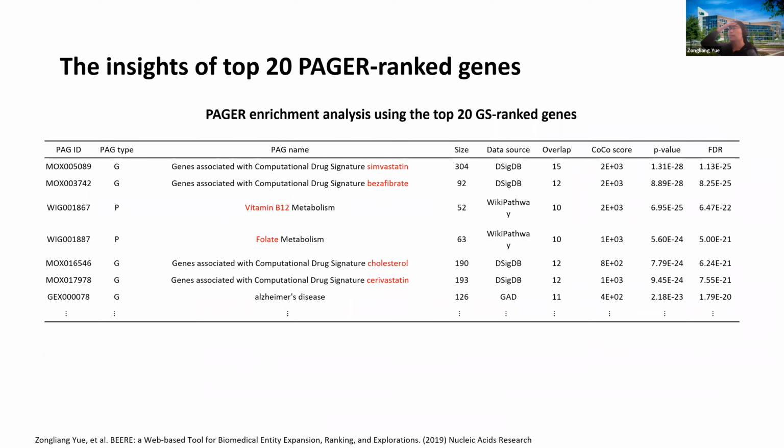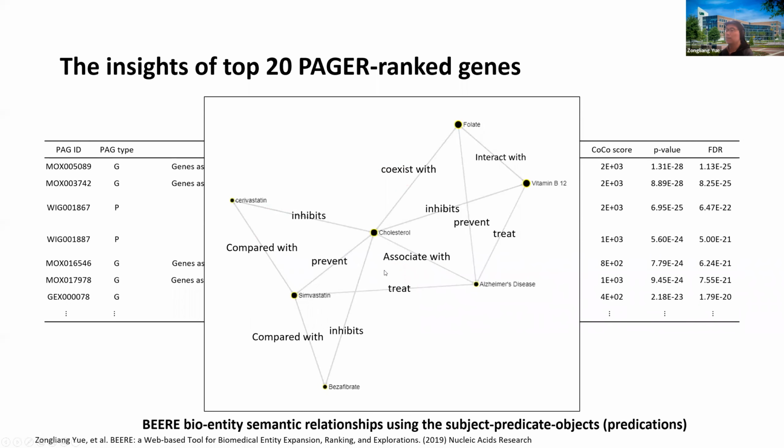What will be the function of these top ranked genes? We have also used a PAGER enrichment analysis to see the functions, and we got those key terms here. And we also cross-checked the BEER database. The BEER database is about entity expansion, ranking, and exploration using the semantic relationships mined from the literature. So based on these predications,